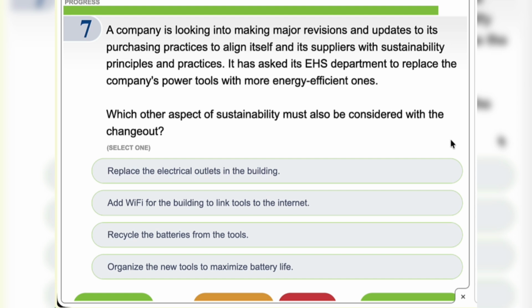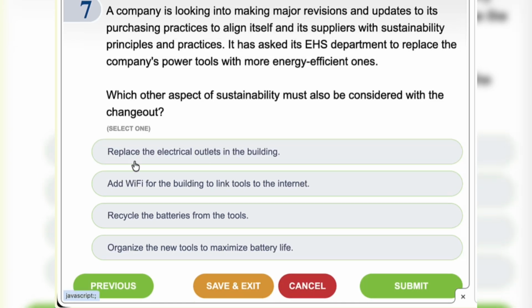Which other aspect of sustainability must also be considered with the change out? The options: replace the electrical outlets in the building, add Wi-Fi for the building to link tools to the internet, recycle the batteries from the tools, organize the new tools to maximize battery life.